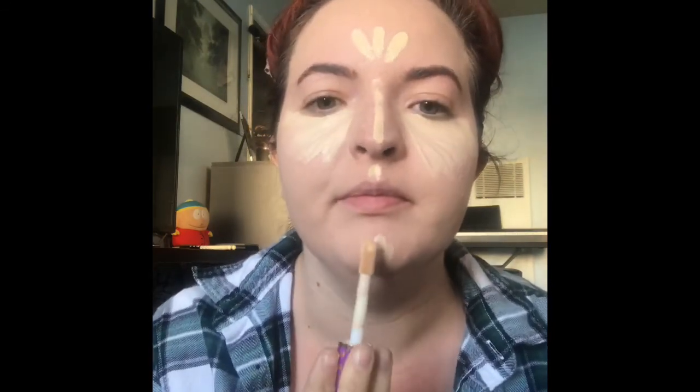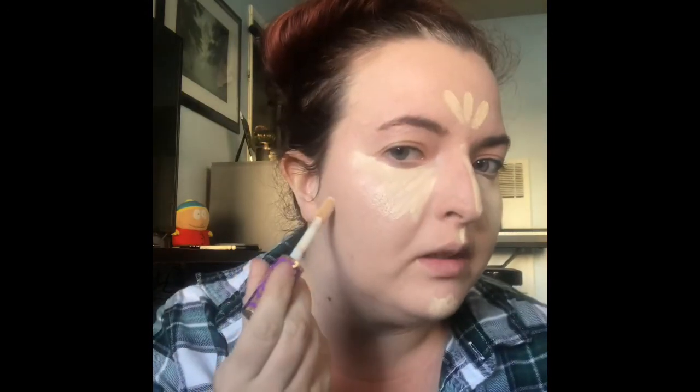Just gonna put it everywhere where I put most of my concealer. I sometimes like to do this because I'm gonna do some bronze. I'm gonna use my bronzer as my contour. I'm not gonna do any cream contouring, but I like doing it because it highlights it. That's not what I want. Anyways, okay. So now I'm gonna take this beauty blender thing that I got actually from